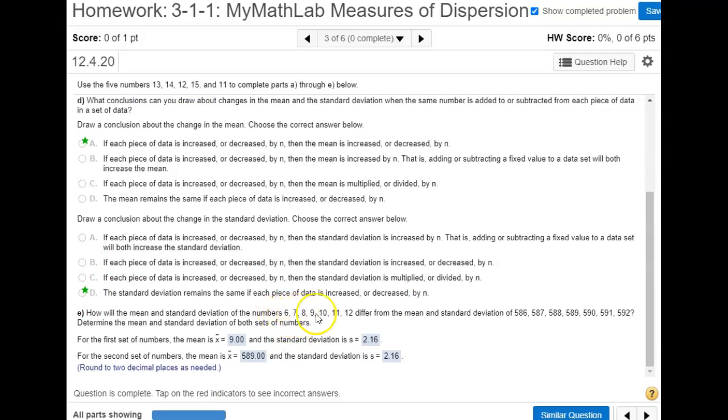You could work with these numbers in Excel, find the mean and standard deviation, and do the same with these numbers. But let's look for the pattern here, and you can solve this a little bit quicker. These numbers are all in order, 6 through 12. And notice these numbers are all exactly